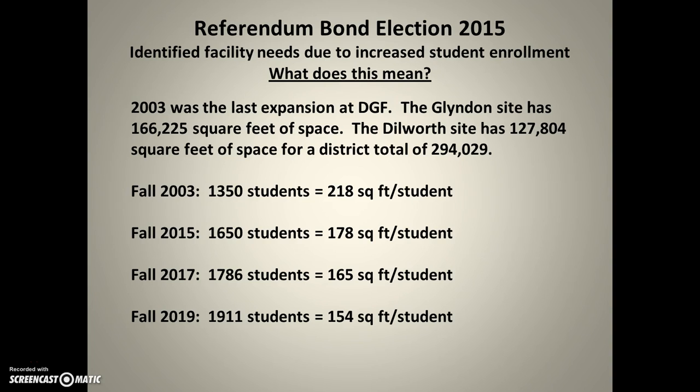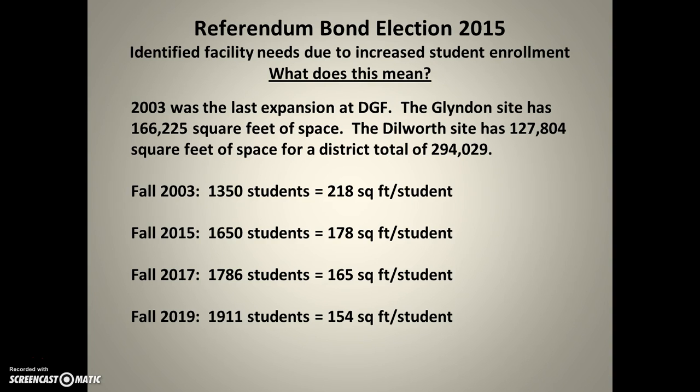1,350 students at that time, in the fall of 2003, which would equate overall to 218 square feet per student. By this fall, with 1,650 students, we're looking at 40 fewer square feet per student, just with our current numbers. Fall of '17, 165, and then by fall of '19, we'll be down to 154 square feet per